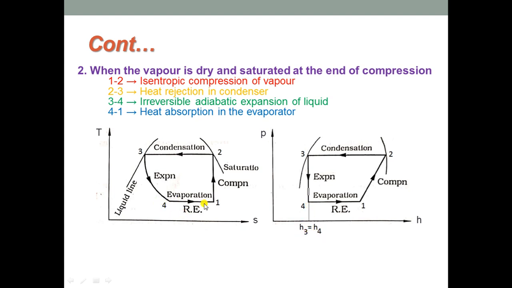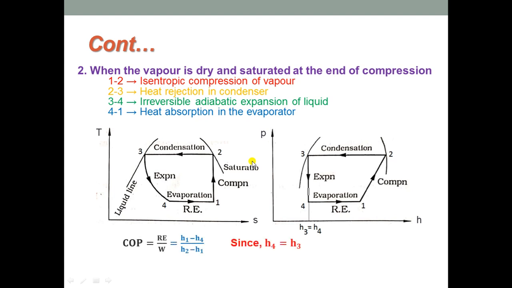And the last process is 4 to 1, which is the evaporation process. Here temperature remains constant, but the refrigerant gets partly converted into vapor form by absorbing heat from the refrigerated space. So, pressure also remains constant. This is how the cycle is going to work with a dry saturated condition of the vapor at the end